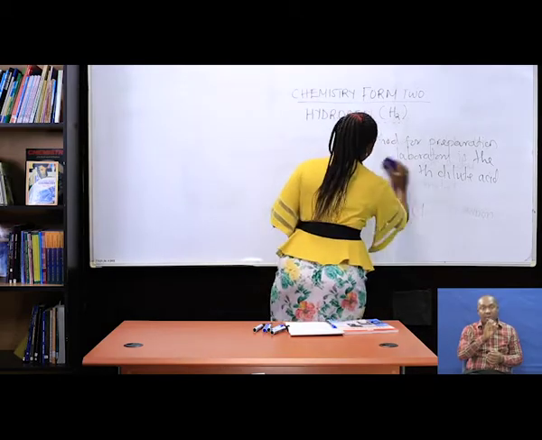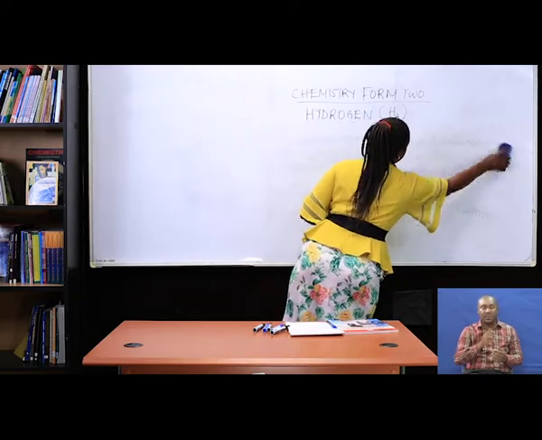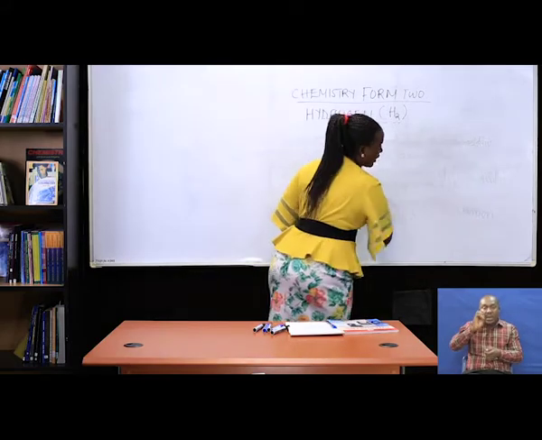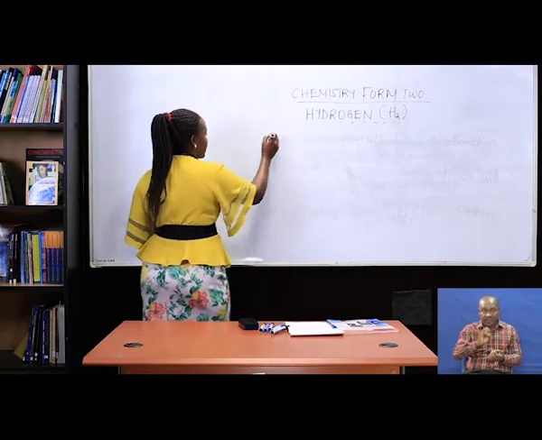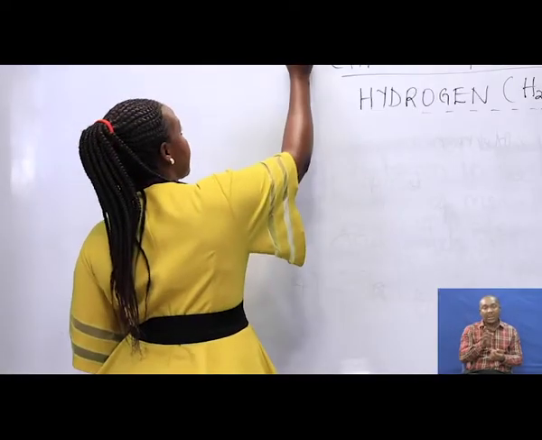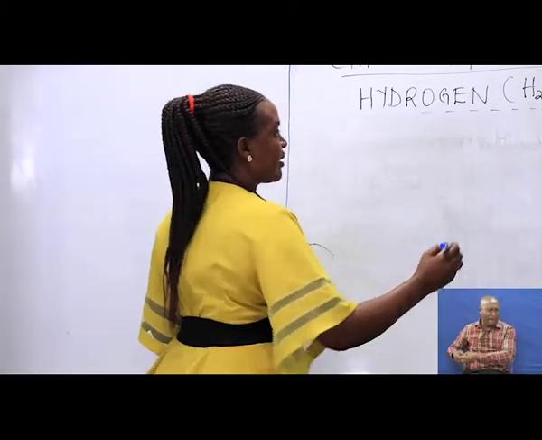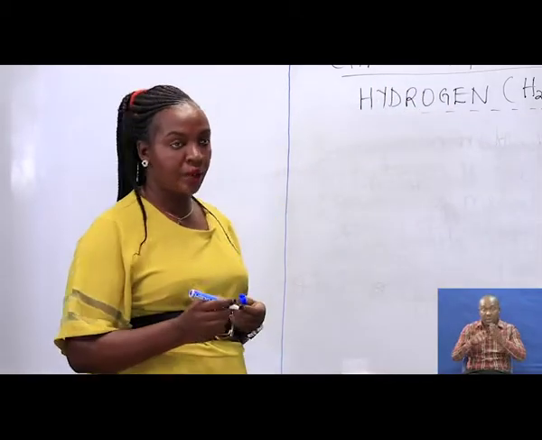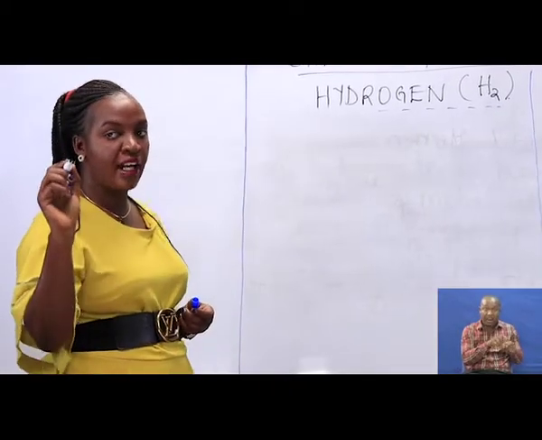So we are preparing hydrogen in the lab using moderately reactive metals. As I've told you, we cannot use potassium and sodium. Why? Because potassium and sodium are the most reactive metals, and since they are the most reactive metals, the reaction occurs very vigorously. Since the reaction occurs very vigorously, it is not recommended for use in the laboratory. Therefore, we are preparing hydrogen by using moderately reactive metals